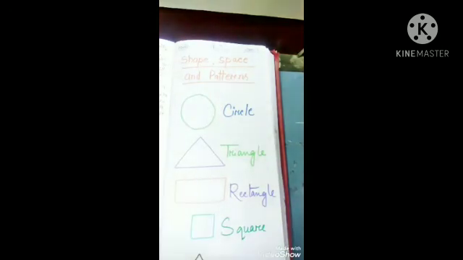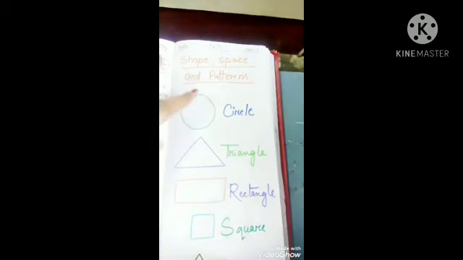So I know that you know about the different types of shapes, like as you can see here, I have drawn circle, triangle, rectangle, square, right? I think you have already learned this in your previous classes, but in this chapter along with this we are going to learn about so many other shapes also, like the solid shapes. Solid shapes means the three-dimensional shapes.